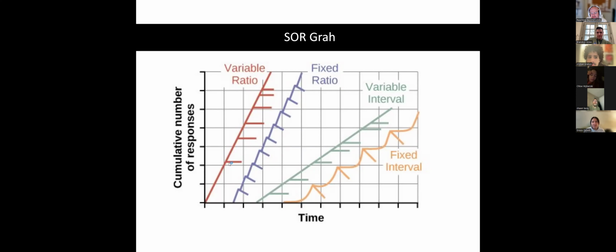You can see the rate of responding here is much lower than the variable ratio schedule. So when we deliver on this fixed interval, the rate of responding is reduced, and it makes sense why. People, or any organism, aren't going to engage in effortful behavior when reinforcement is not available. We're going to wait till reinforcement is available and then engage in the behavior.